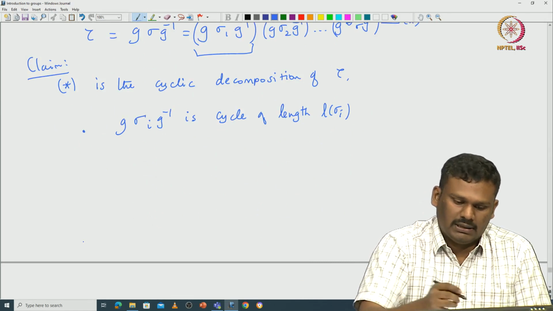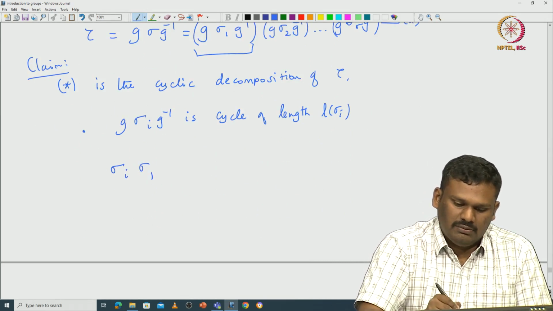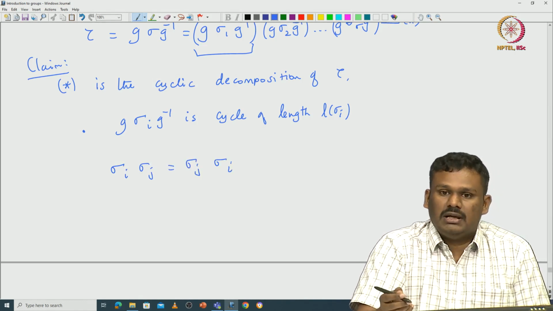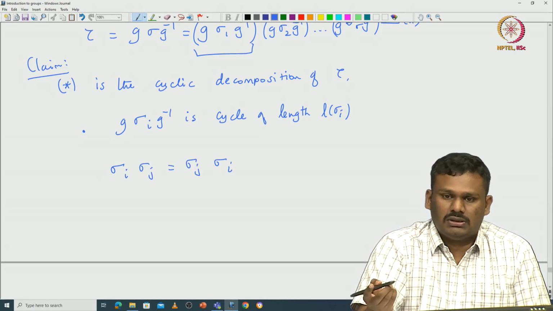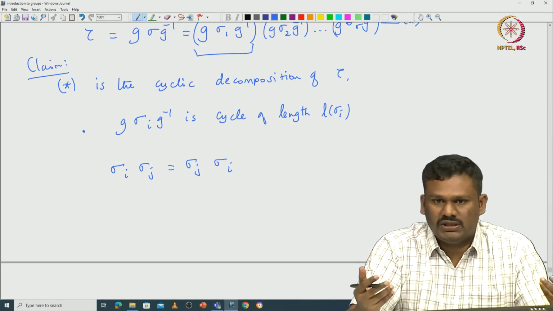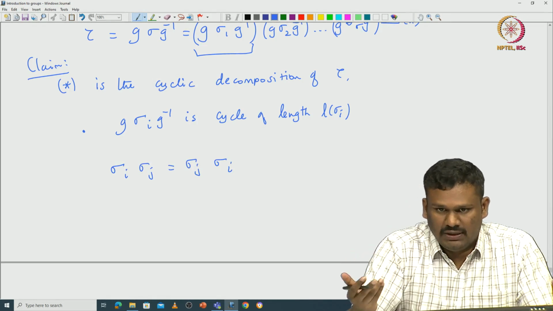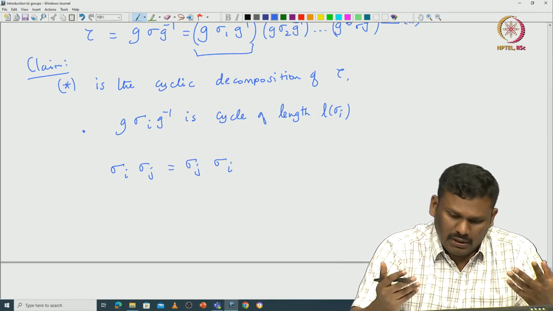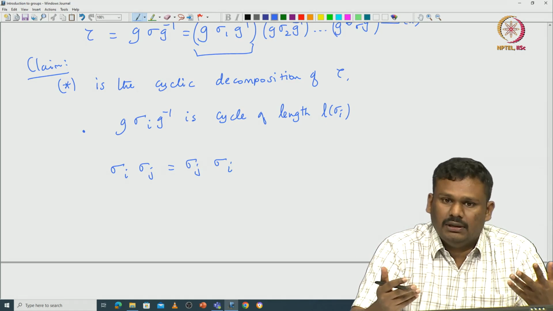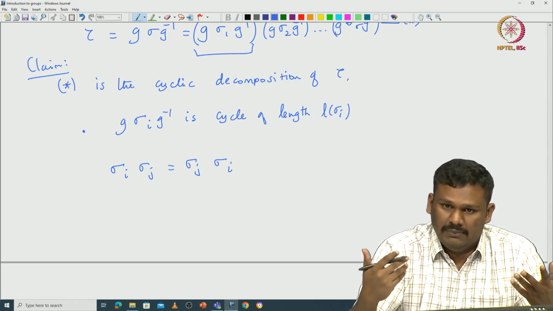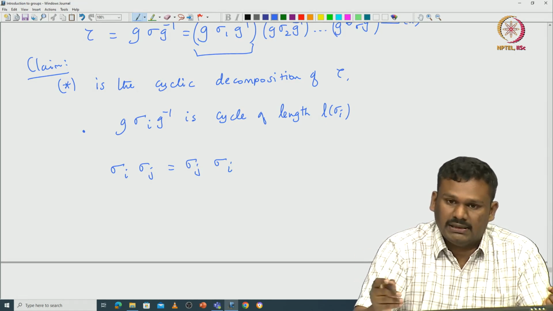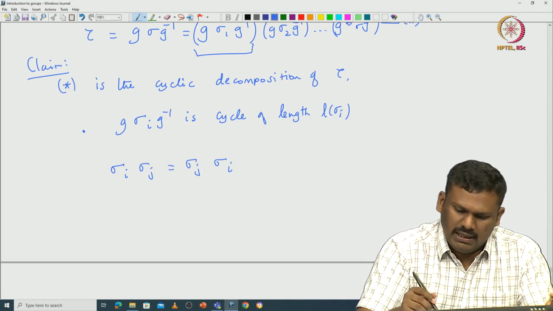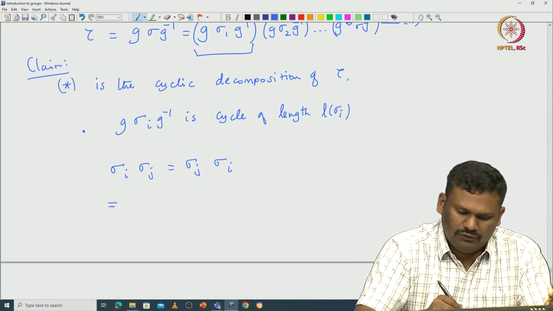So, if you look at sigma i, sigma j, they commute if and only if they are disjoint. If you take two cycles that are disjoint, we have seen that they commute. In case they commute, they must be disjoint. That you can take as an exercise. Because they actually commute, that forces that